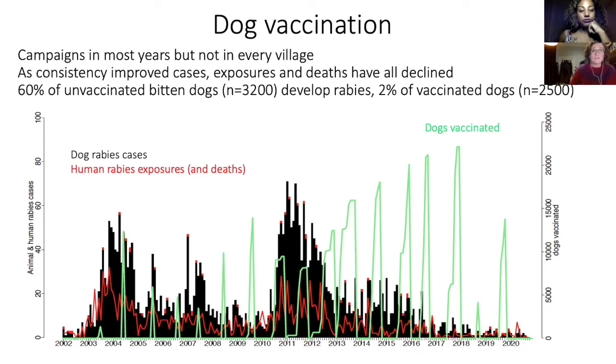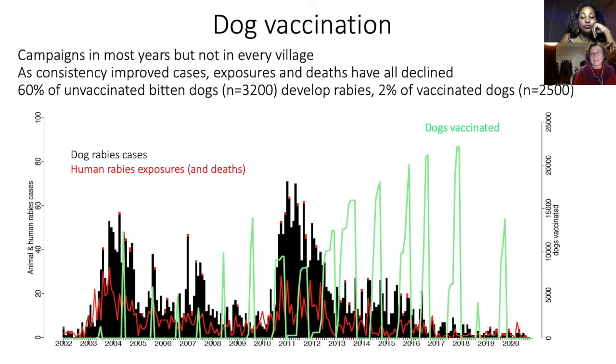We also could directly measure, of the dogs that we traced, which ones were vaccinated or not and went on to develop rabies. And we saw that we visited, counted over 3,000 dogs that were bitten by rabid dogs that had not been previously vaccinated, and 60% of those went on to develop rabies. Whereas of the dogs that we visited that were vaccinated, that were also bitten, around 2,500 of them,